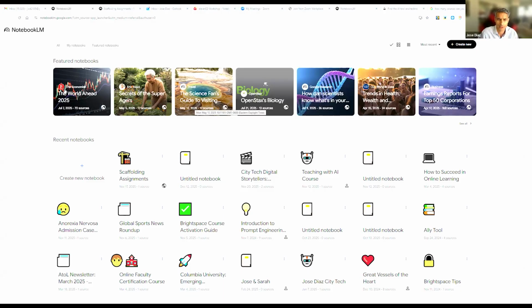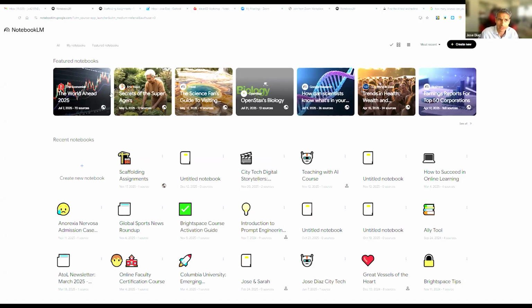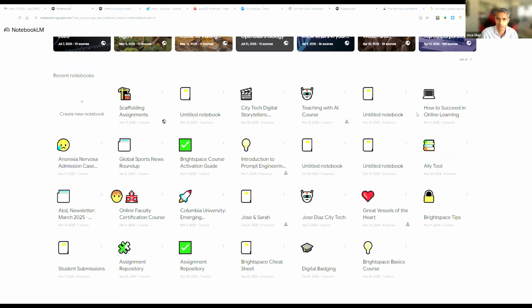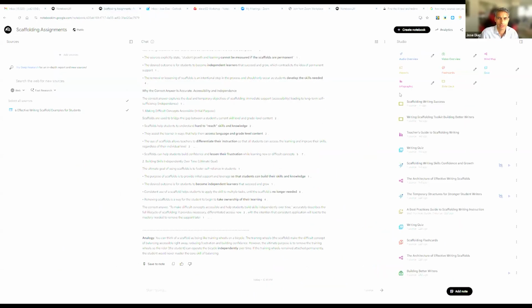It's a little busy to my liking, but here at the top, you will find featured notebooks. And then at the bottom, some of the notebooks that I created. From part one, I was using this following notebook here. And I explained a little bit how it's split up into three screens.